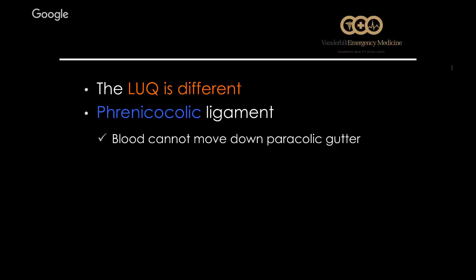So now we're going to move to the left upper quadrant. So the right upper quadrant's easier to scan. The liver is a great window to ultrasound through, and it's much larger. When we move over to the left upper quadrant, the spleen's quite a bit smaller, and it's more posterior. So I typically will put the probe inside my hand, kind of a reverse grip, and